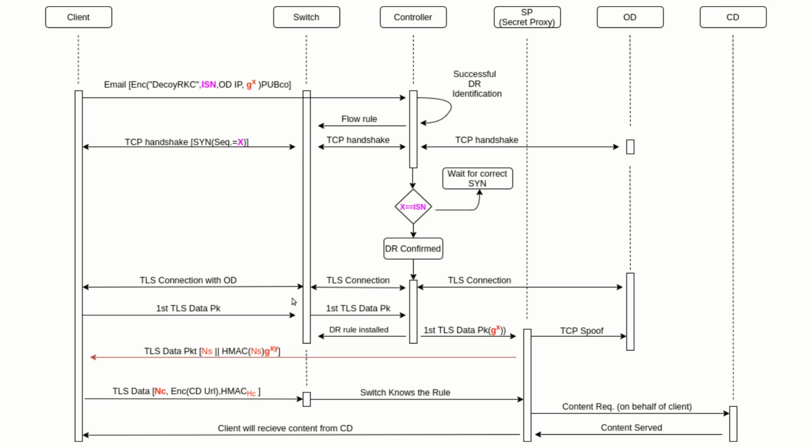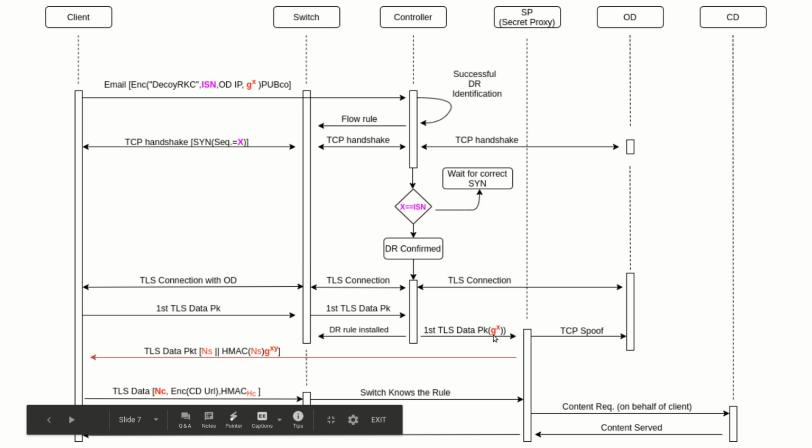At the very same time, the first TLS packet is sent to the controller. Now the controller knows that this client wants to initiate decoy routing. So the controller adds a rule in the switch so that in future connections all the requests are redirected to a secret proxy, and also it sends the TLS packet with the